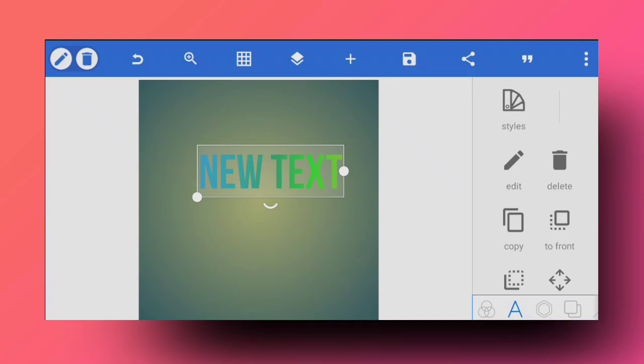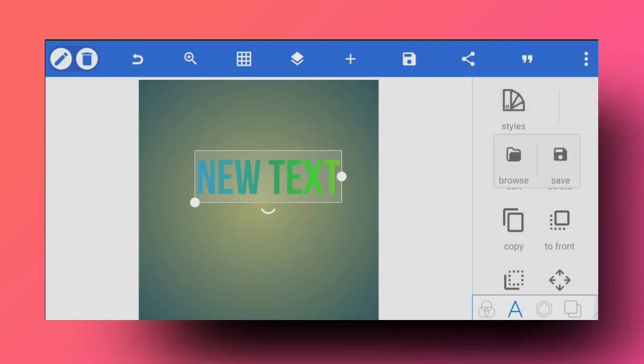I know this is a simple gradient on a text, but I had saved it back in time so that I could show you how you can save the styles of your editing, or basically the text style of your editing. So yeah, if that makes sense, I hope you have learned how you can save your text style, and I hope you got to know this.